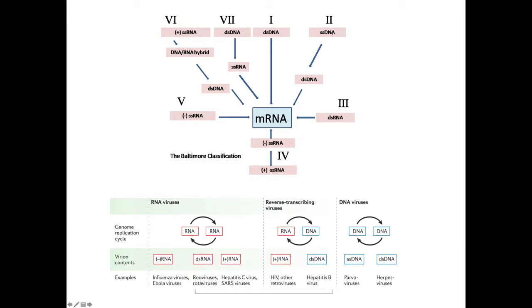You could have single-stranded DNA viruses that, when they infect the cell, have to make double-stranded DNA, and then that double-stranded DNA gets transcribed to make mRNA. One could infect the cell with a double-stranded RNA molecule, and if those two strands are peeled apart, then the mRNA is exposed. One can actually express a single-stranded RNA molecule that infects the cell, generates a single-stranded RNA molecule